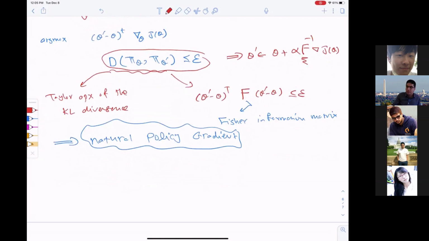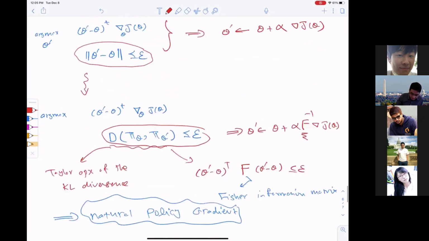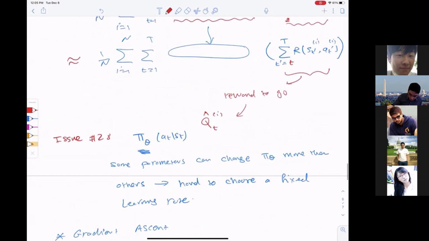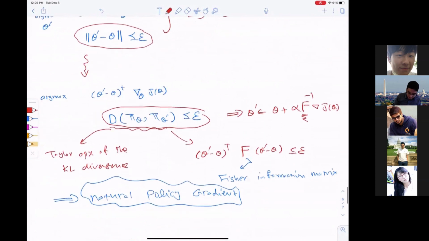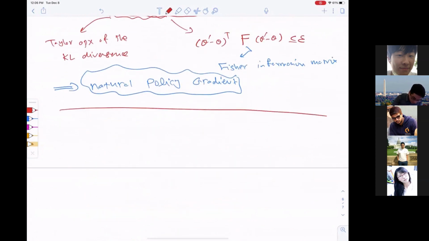So just to mention one other approach to improve policy gradient, it is based on this formulation that we have here. Right? So this is a one sample estimation of the Q function. But in the previous lecture, we learned that maybe we can parameterize the Q function by a neural network itself. So that's another way to reduce variance in the policy gradient. Those methods are called actor-critic algorithms.